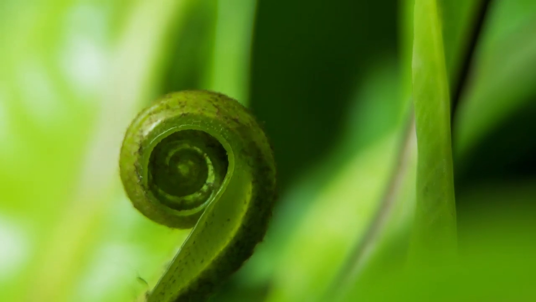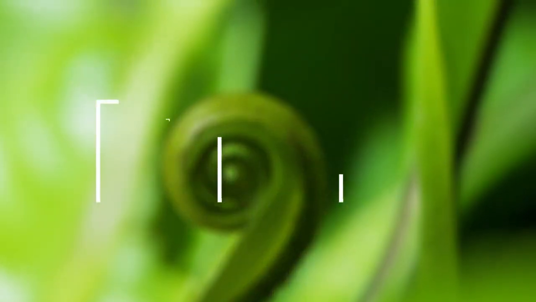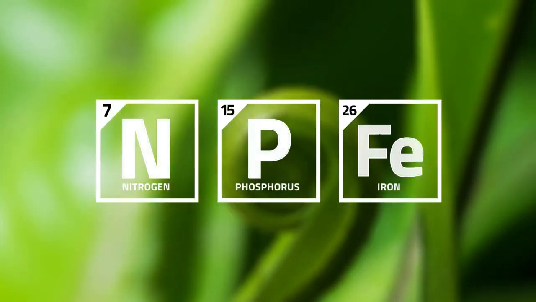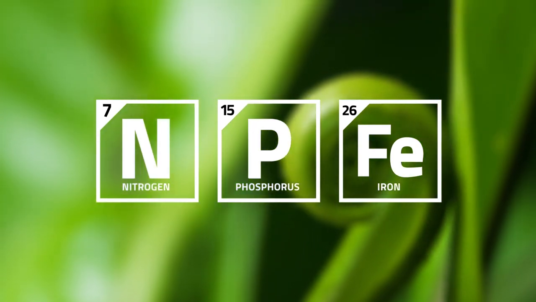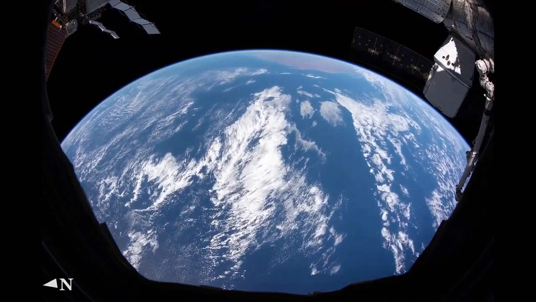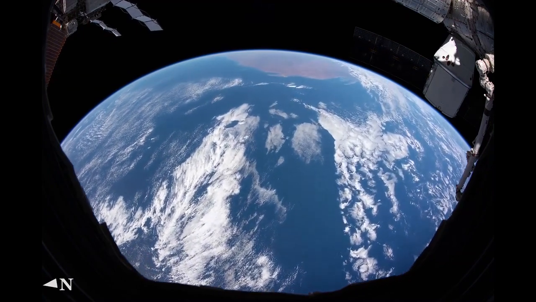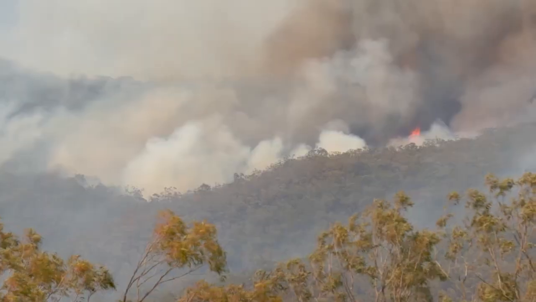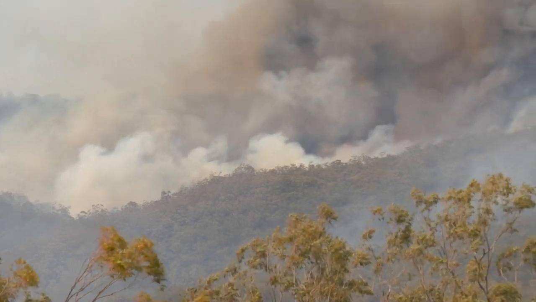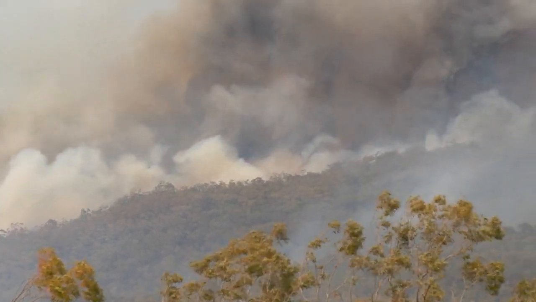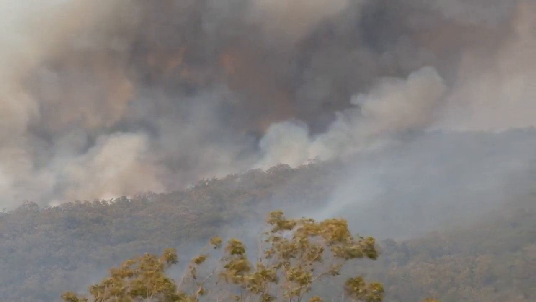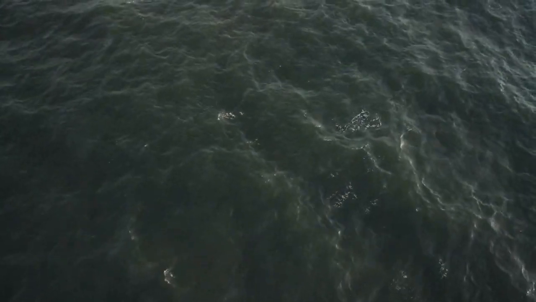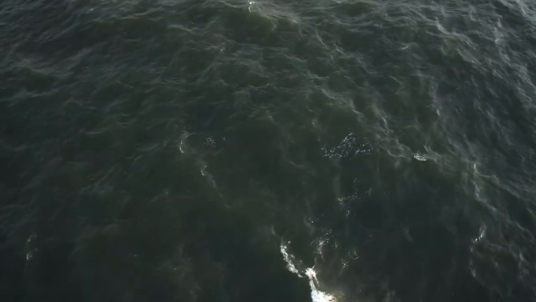But photosynthesis also requires nutrients such as nitrogen, phosphorus, and iron. Without the right proportions of these nutrients, photosynthesis doesn't happen, which can be seen in the iron-limited parts of the ocean, such as far offshore of Australia. Atmospheric aerosols released by fires, however, contain carbon as well as other nutrients essential for plant growth, like iron. When these aerosols are deposited on the ocean's surface, these nutrients become available for photosynthesis.